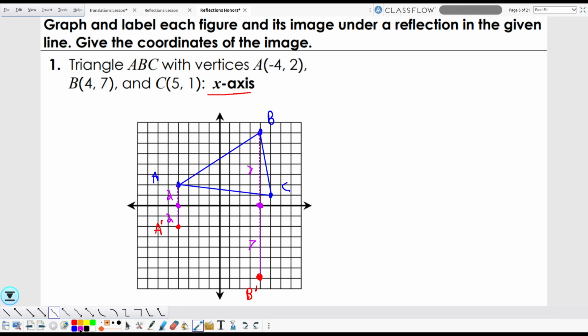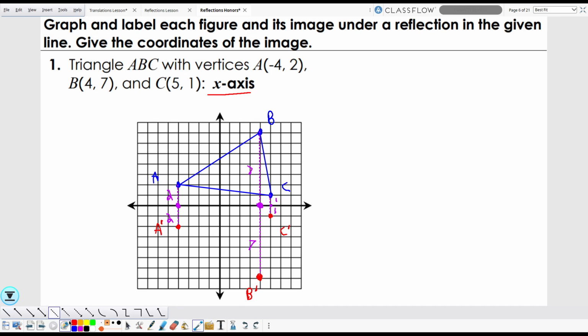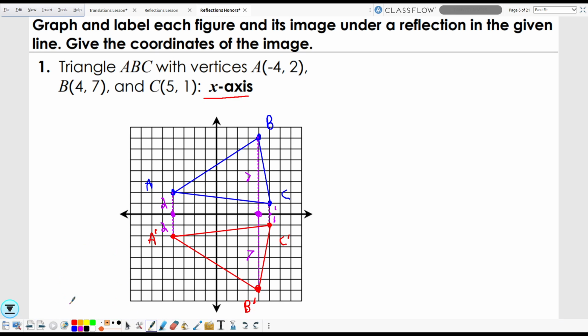And then finally, the point C is just 1 space away, so C prime has to be 1 space away as well. So let's put that there. Here's C prime. And again, that's because if we look at this point, it's 1 and 1. So now we can connect these vertices, A prime, B prime, C prime. And we can see we get this nice reflected figure